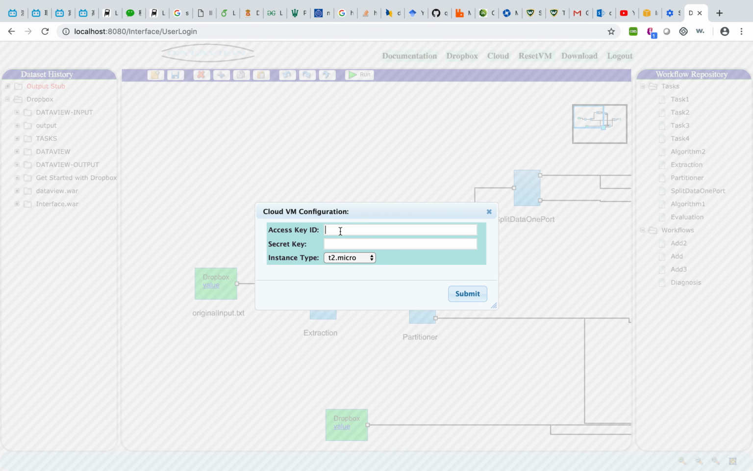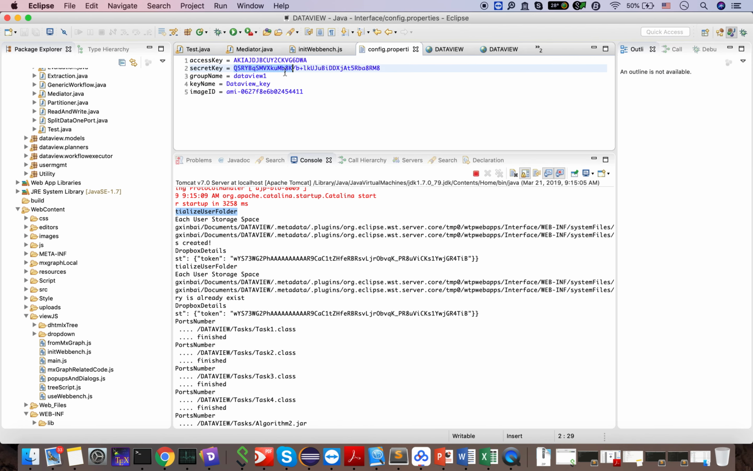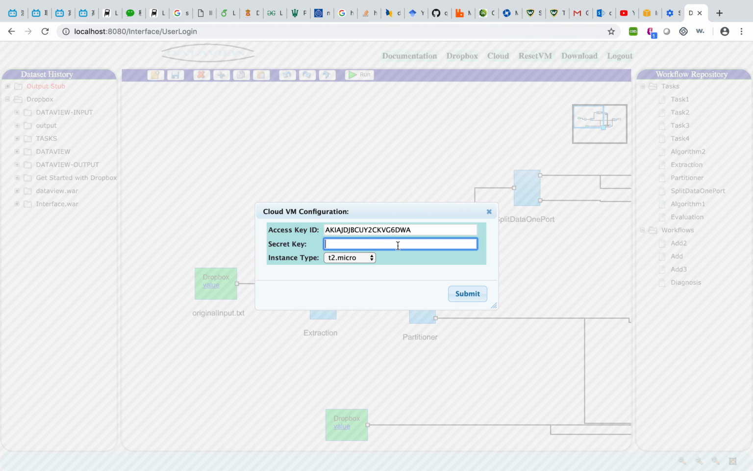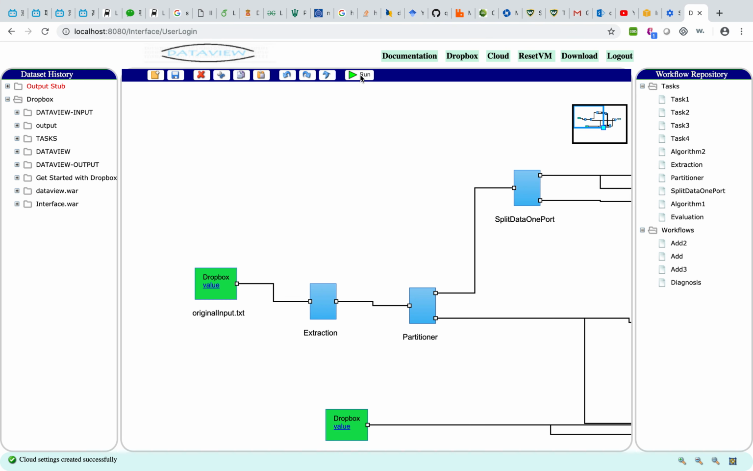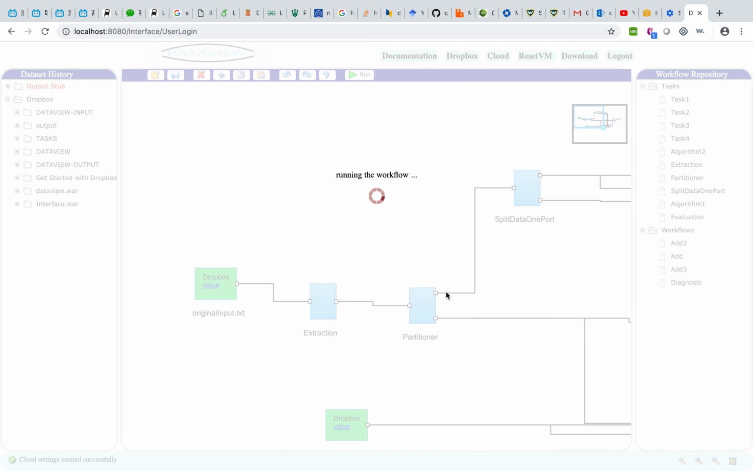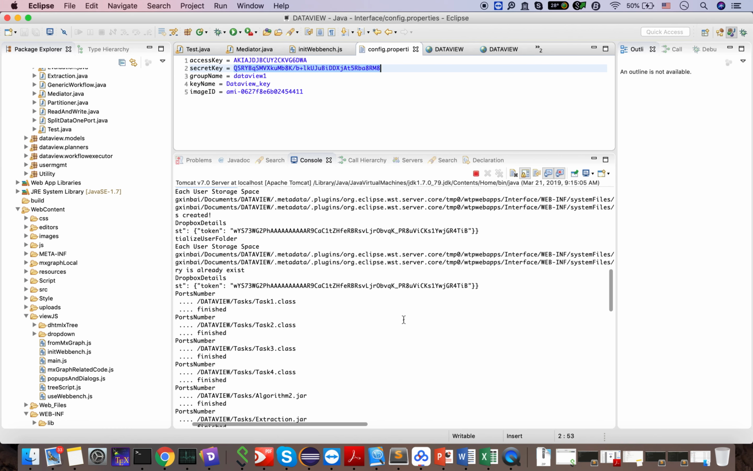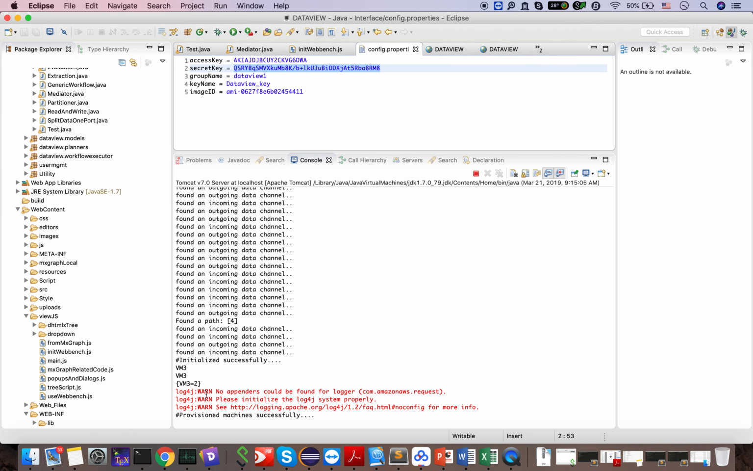First one is the access key. Okay, that's right. See here, it's provisioning successfully, and we just need to wait until the virtual machine is ready. We have to use two virtual machines, and once the virtual machine is ready, we can send all the